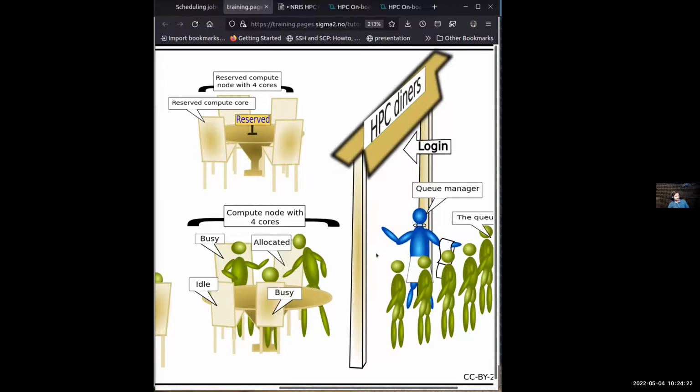Those things need to be communicated to the scheduler as well. So what you do is package everything in one file. You tell the scheduler that you need this much of resources and this software, and that you need to run this software with this input file and place your output file in this specific place.